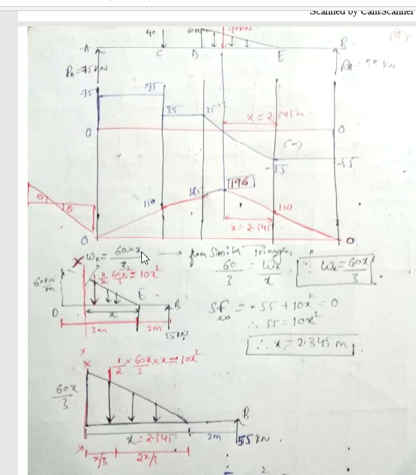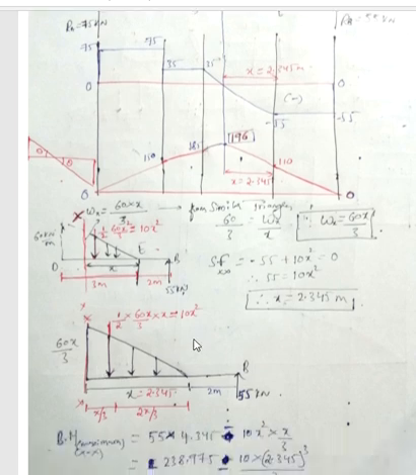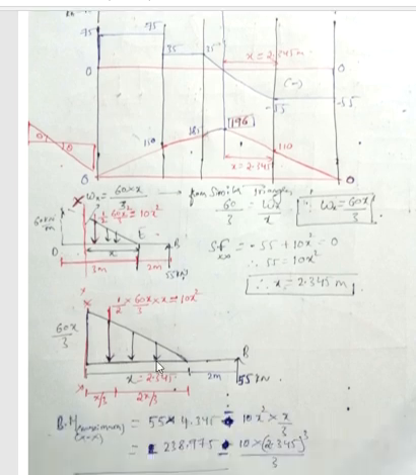Wx is equal to 60 into x divided by 3. Let me zoom in and represent this triangle here. So this is how it is represented: the load intensity is 60x by 3, which I have calculated here, and this distance which I need to calculate is x. This other distance is given as 2 meters.